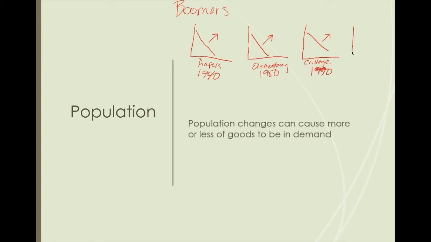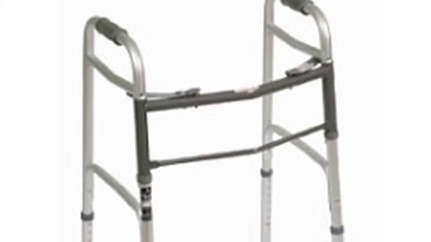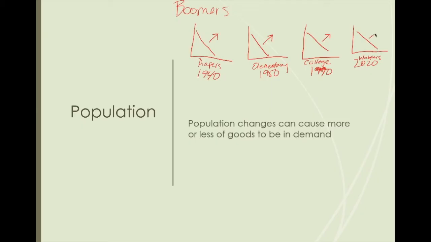And now we have our lovely 2020s, and the boomers are now all looking for, I don't know, what are they looking for now? Walkers? Don't come at me, boomers. So now the demand for walkers, boom! That's why we call them the boomers. No, that's not why we call them boomers. But as this generation moves through, with huge influxes in births, death rates, and things like that, you definitely see these demand changes happen as they progress through their life cycles and life changes.